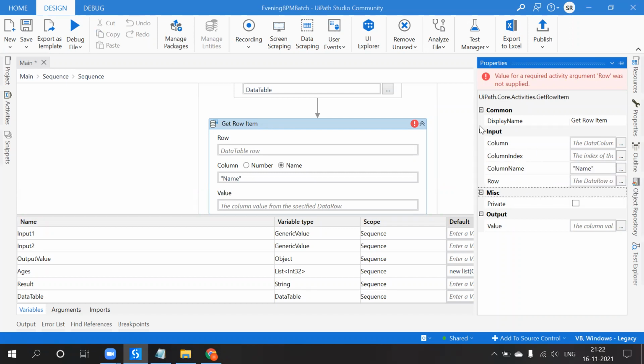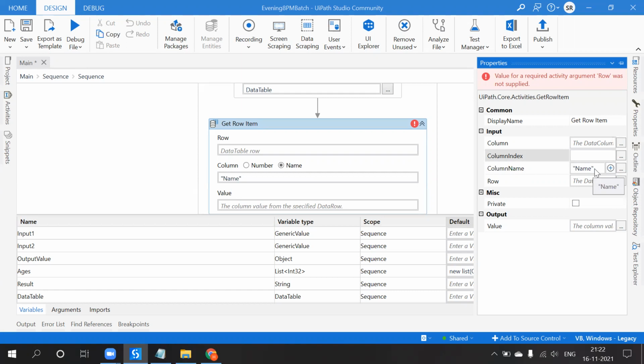It is not mandatory that you pass all the three input values. You can pass any one of them, because it is column name or column index. So that means 0, 1, 2, 3. Column first, second column, third column, but most of the cases we will use column name only. What are the names we would like to fetch?